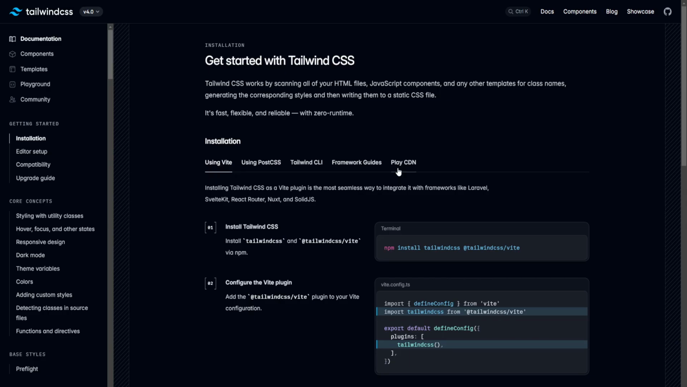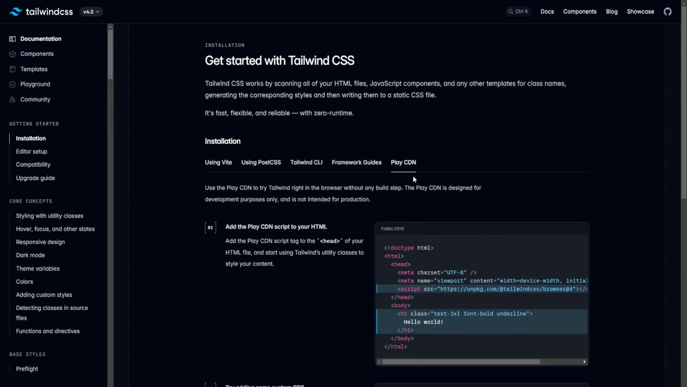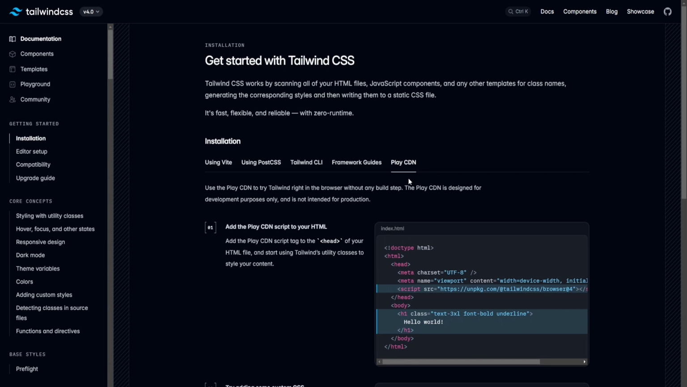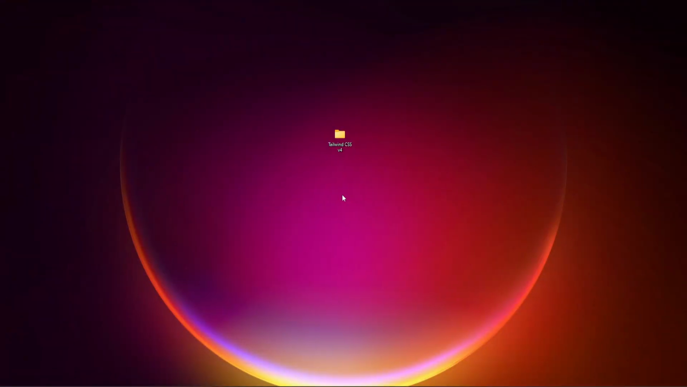First, we will explore how to use the Play CDN to quickly experiment with Tailwind CSS without any setup. Then we will dive into the Tailwind CLI method, where I'll walk you through how to install and configure Tailwind CSS locally for a more robust and scalable project setup. So let's start with the Play CDN to see how it allows you to play around with Tailwind CSS in no time. To demonstrate how to use Tailwind CSS with the CDN link, let's start by creating a new project